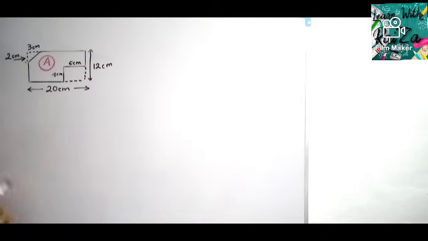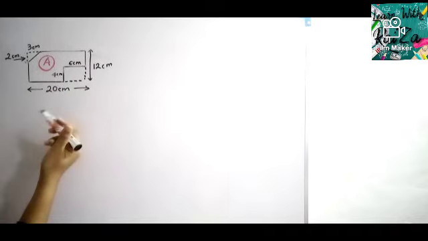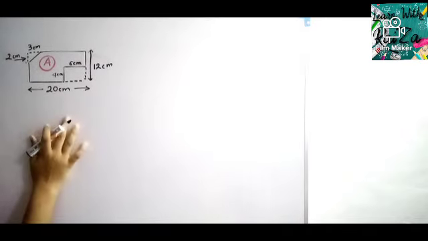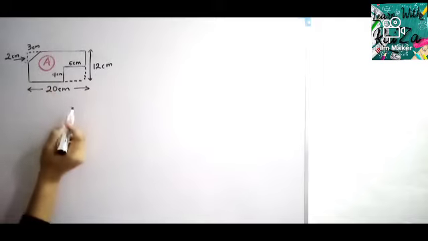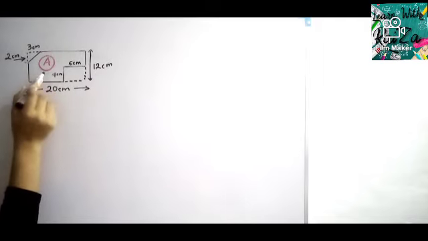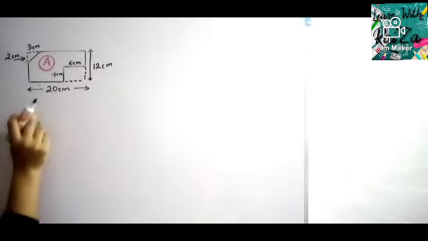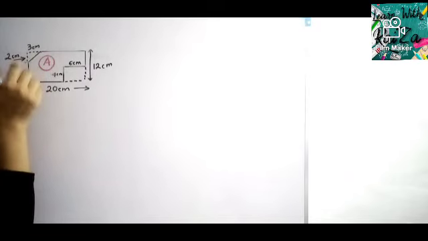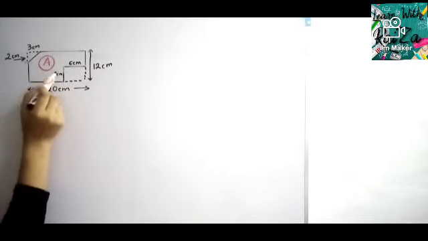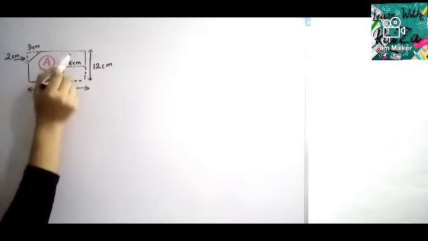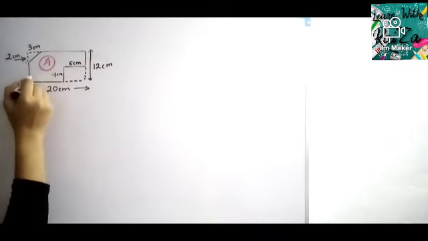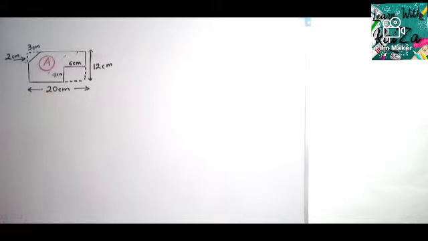Now this is another figure, a composite figure, because most of the children get wrong answers with this. The question is, find the area of the portion A. I have marked A. Portion A means, look at my finger or the marker here, this portion. Can you see this area? Or else I'll shade it a little bit. So this portion is the portion A, right?